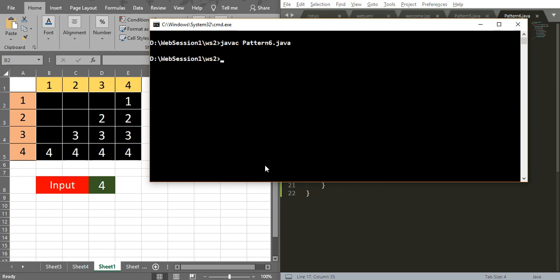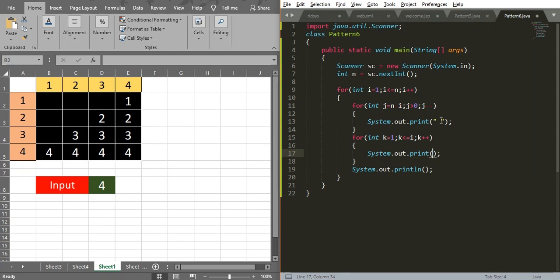It is not possible to print the value j, because we have come out of the j loop, so the j value is an unidentified variable. You see the output, right? 1, 1 2, 1 2 3, 1 2 3 4, 1 2 3 4 5. If I print i, you can see the difference.